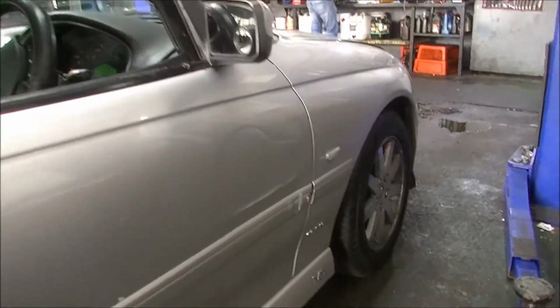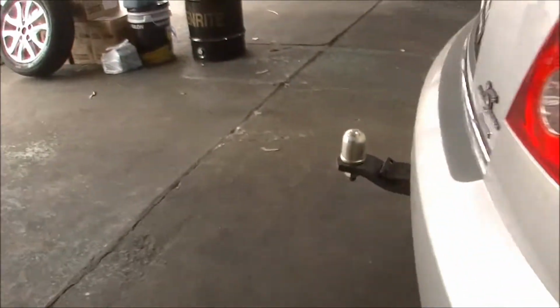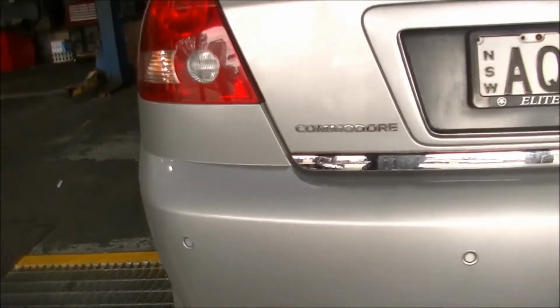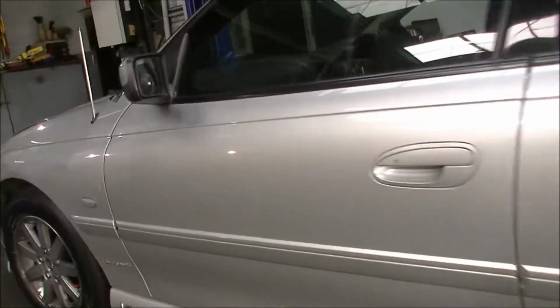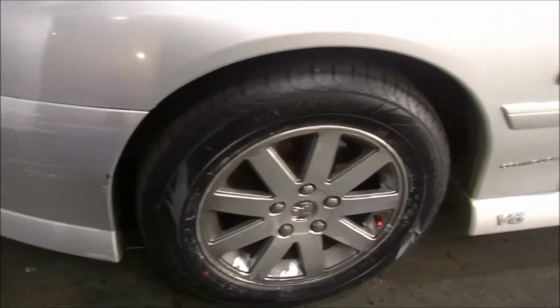This is a VY Commodore, I think. This applies to VT through to VX, VZ, VY. It's the VT shape. You know the shape. American guys know them as a Pontiac. This applies to that car as well, and I'm going to talk about the front end bushes